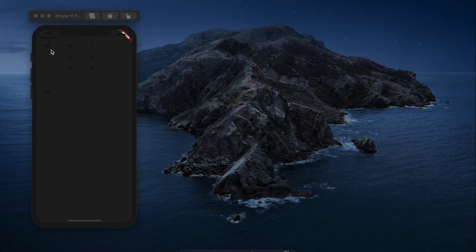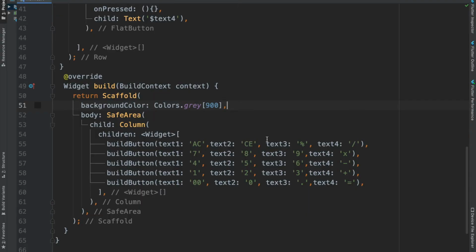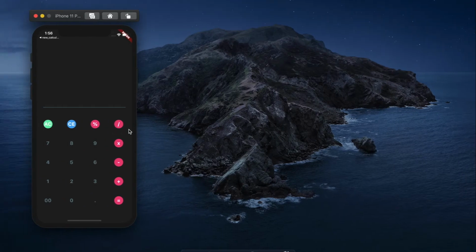The text is not that clear because the background is a bit dark. The colors of the buttons are slightly different: all the operators have the color pink, the delete buttons are green and blue, and the numbers do not have any colors. Similarly, there is a variation in the text colors of the buttons too.